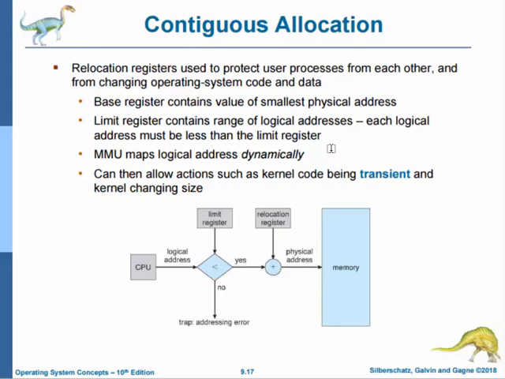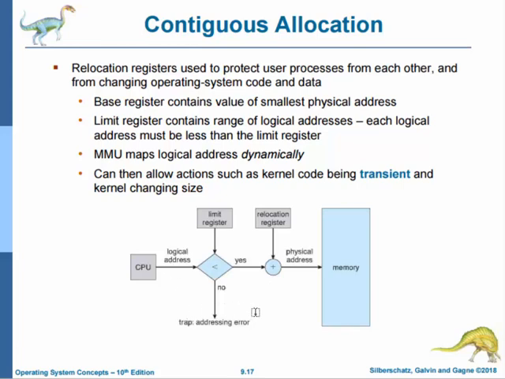For example, when the CPU scheduler selects a process for execution, the dispatcher loads the relocation and limit registers with the correct values as part of the context switch. Because every address generated by the CPU is checked against these registers, we can protect both the operating system and the other users' programs and data from being modified by this running process. So the relocation register scheme provides an effective way to allow the operating system size to change dynamically, and this flexibility is